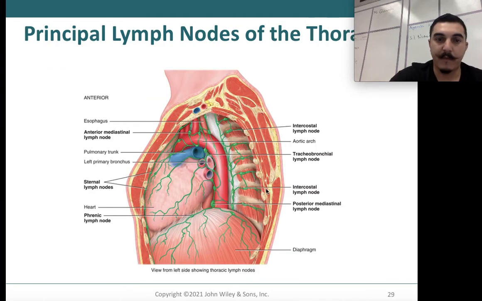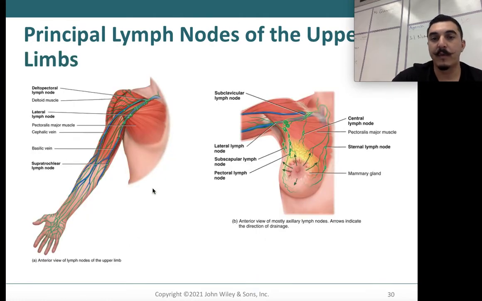Okay. Here we have some principal lymph nodes of the thorax. As you can see here, our aortic arch. But throughout we have intercostal, so in between the ribs, lymph nodes, tracheobronchial lymph node, posterior mediastinal lymph node, the phrenic lymph node, the sternal lymph nodes. Okay, we have some lymph nodes in the upper limbs. Okay, we have subscapular lymph nodes, pectoral lymph nodes,